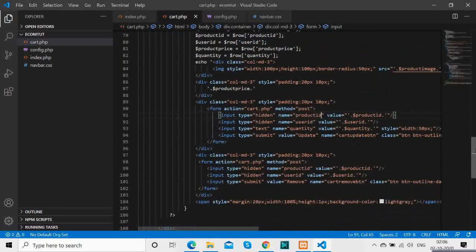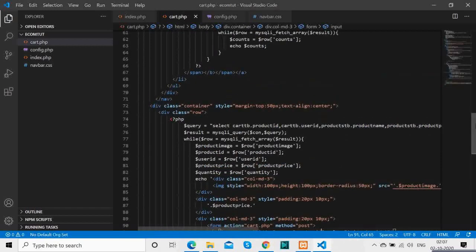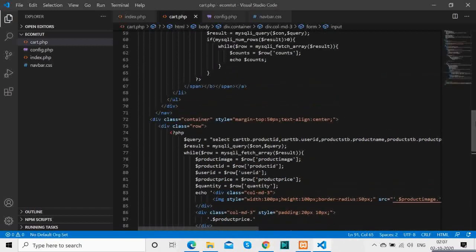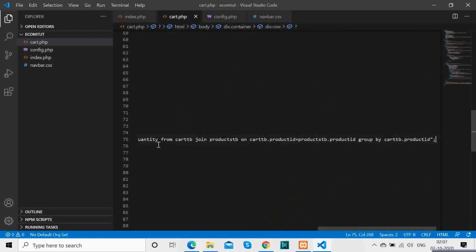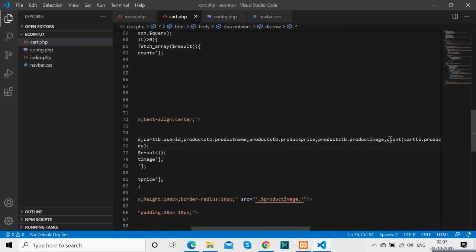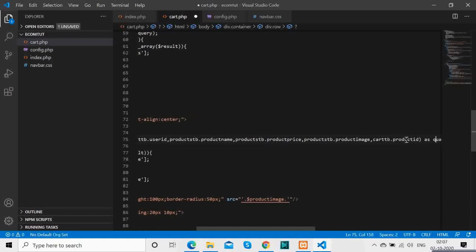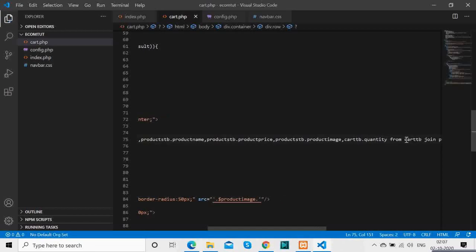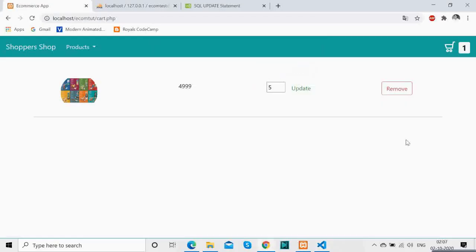Since we have that quantity column now, we will not be requiring the earlier logic where we used that count function of SQL, okay. We will not require that actually, because we have used that quantity column name, okay. So we'll directly leverage that, okay. And there you go, you have that 5.